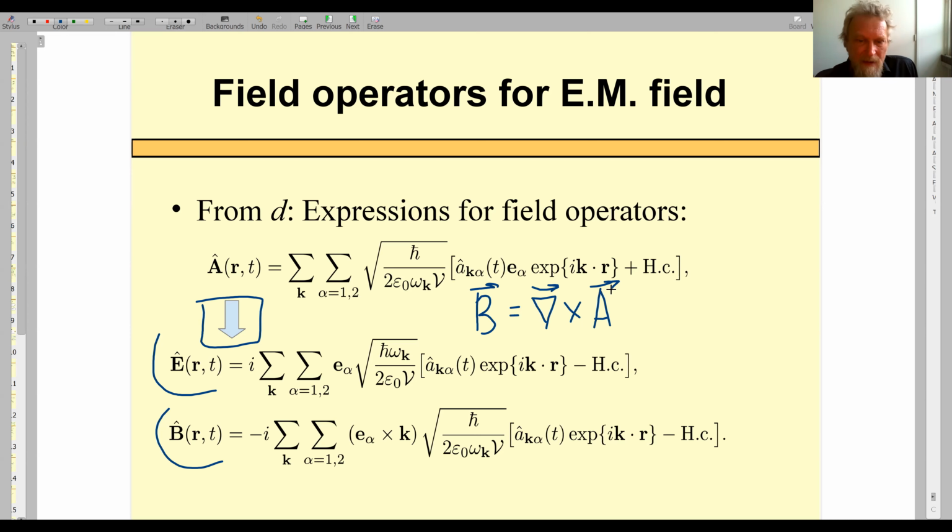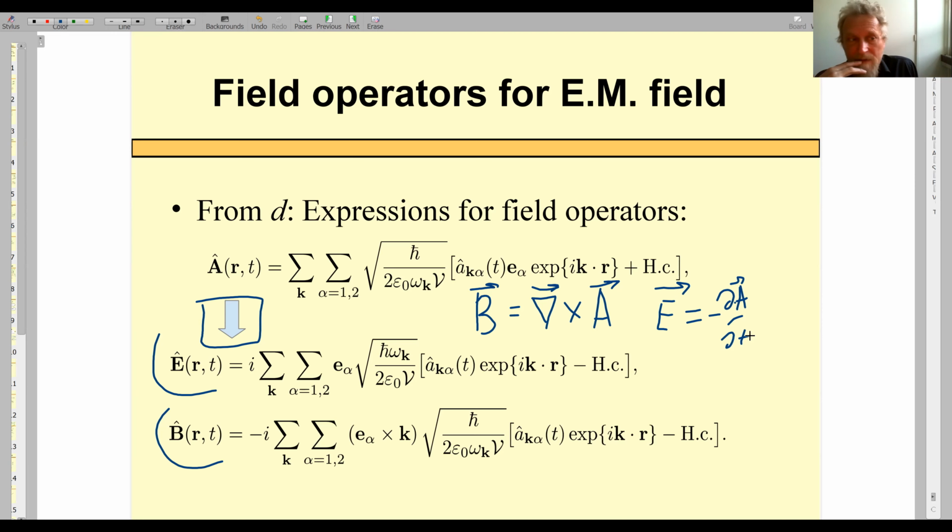And the electric field, who remembers this? Yes, very good. The electric field, as we remember, is the time derivative